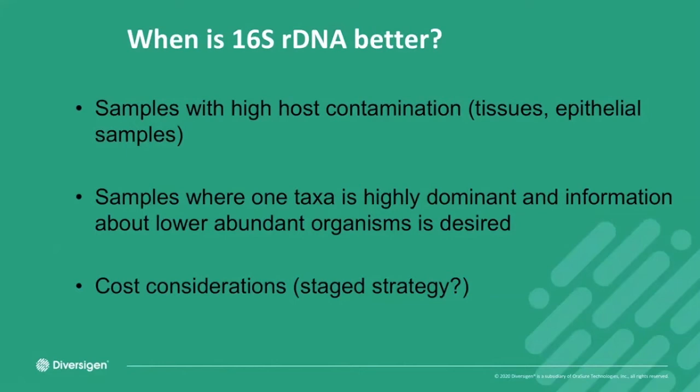And so having 16S to go deeper into a sample at a lower cost can sometimes be a better consideration. And cost considerations, even though Diversigen offers the ability to provide shallow whole genome shotgun sequencing, you really need to consider the question that you want to answer, and then how much money you have to spend, because if there